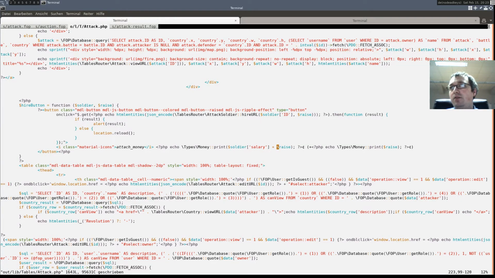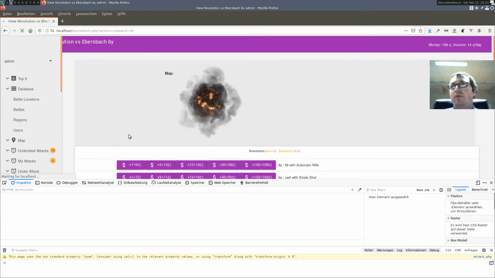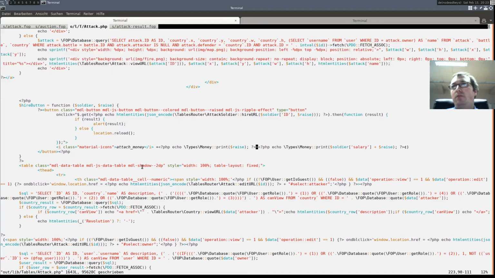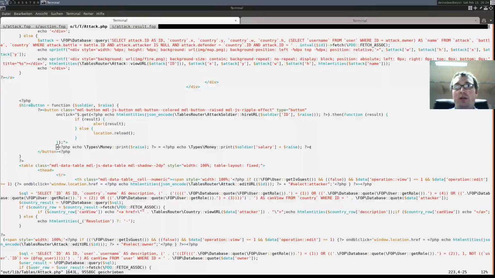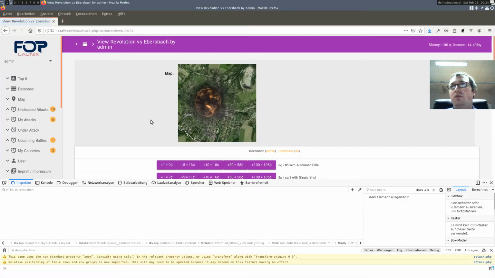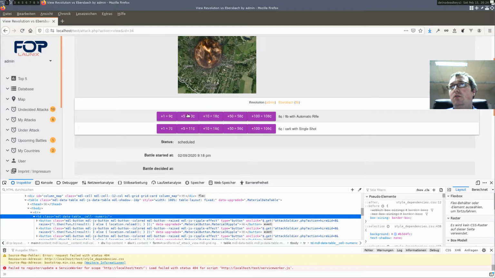So instead of saying the salary, we just say plus this and this amount equals such and such. So plus 1 equals 9. And also remove the icon. Plus 5. Yes, this looks good.